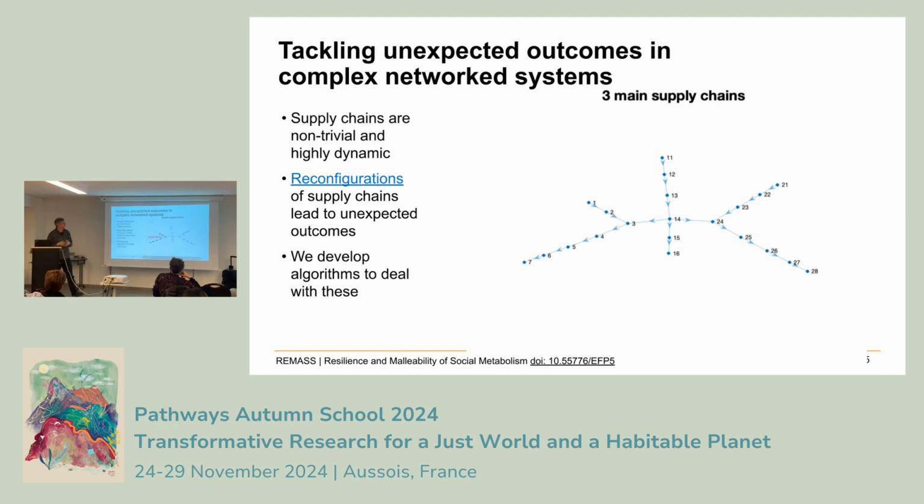And I'll show one example here. This is a toy model, of course. Stefan has produced it for the presentation, and in the end it helped us win this grant. But the point here is about supply chains when you have cumulative CO2 emissions. When one firm changes to a supplier with lower CO2 emissions, you think, wow, good thing, we get lower CO2 emissions, but what happens is the whole network reconfigures because this supplier sells to somebody else, and in the end you have a new supply chain